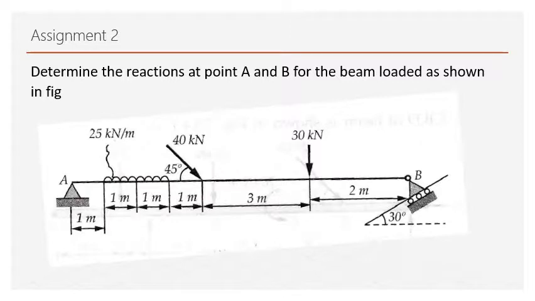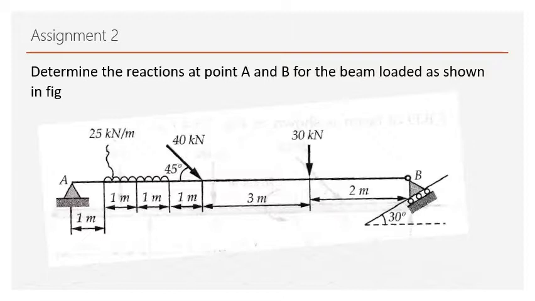Yes, next is the inclined support is given. Several loads, UDL, point load and the 30 kilonewton point loads are acting. We have solved similar type of problem. Solve this also. Inclination of the plane on which the roller support is resting is given as 30 degree. So what would be the inclination of the reaction? 90 minus 30, that is 60 degree. Please keep that in mind.